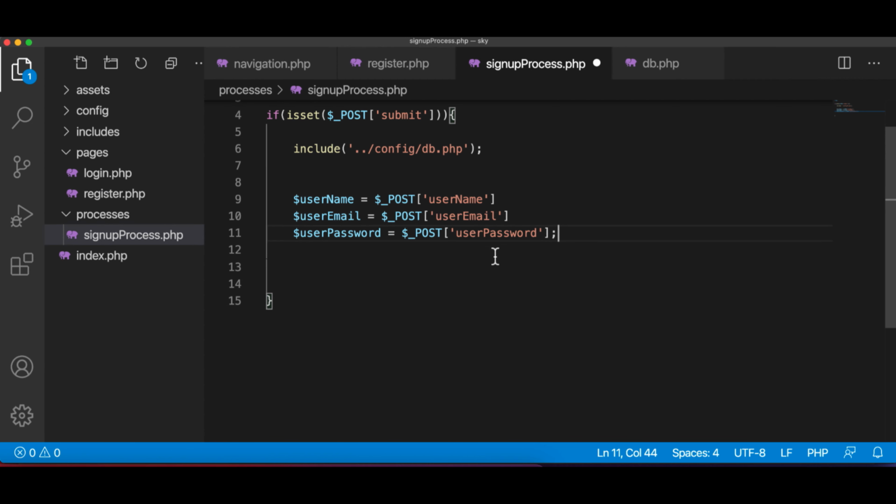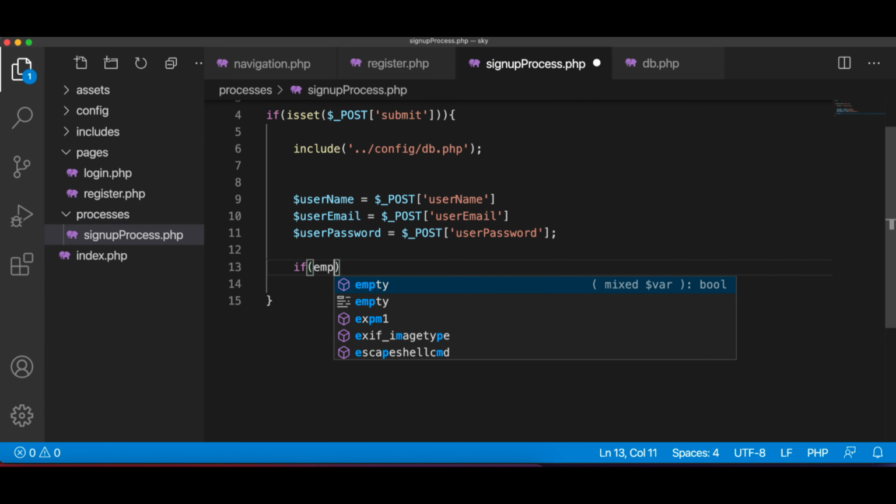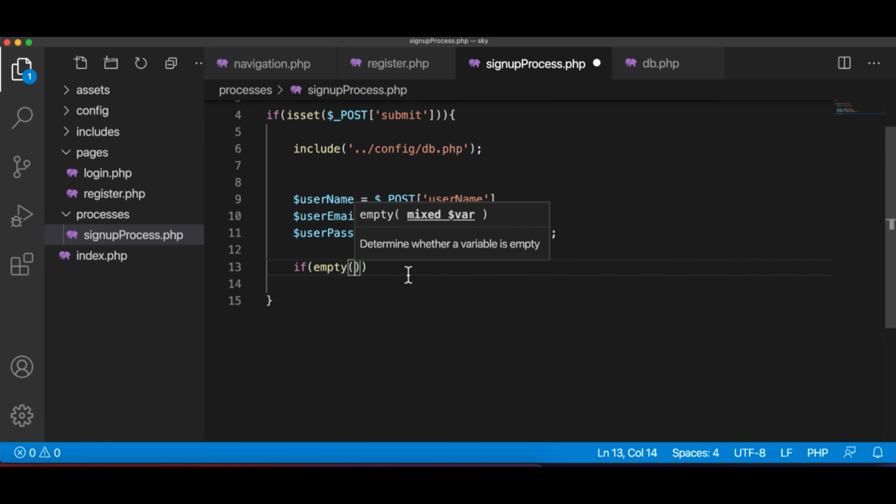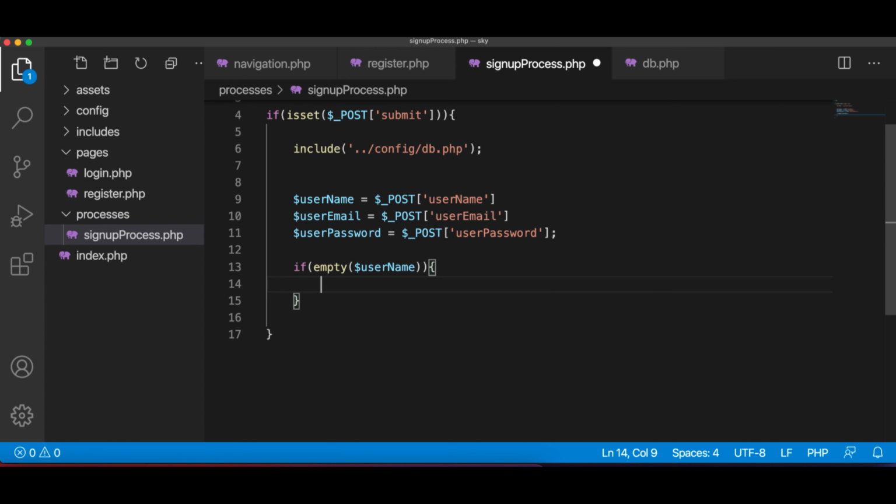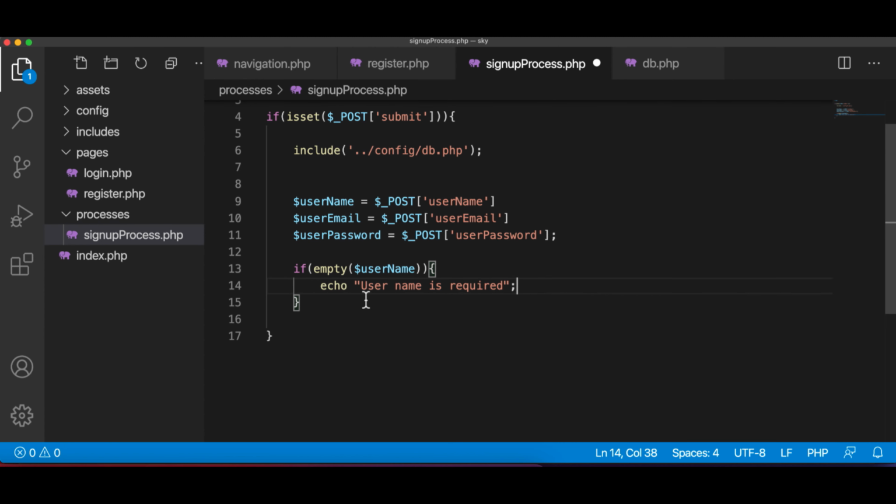Okay, now what we need to do here is put a condition. If empty, and we say username. All right, so this is going to check if it is empty. Then we are going to pass an error, echo,